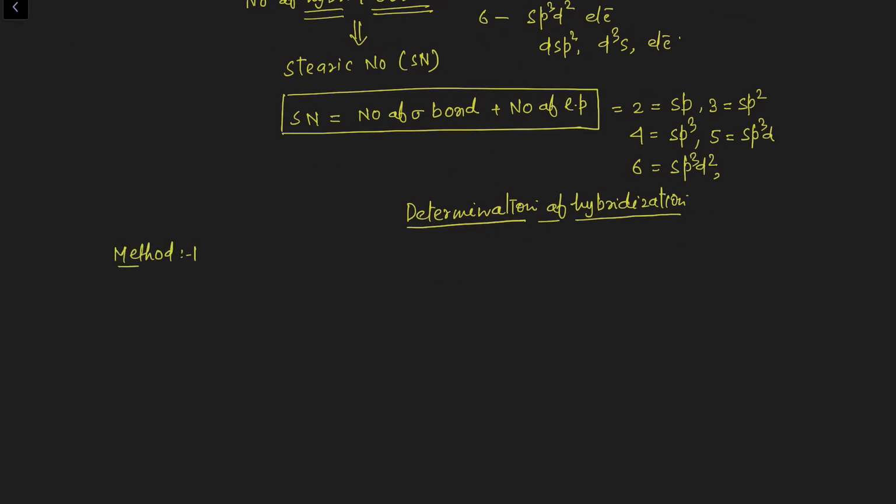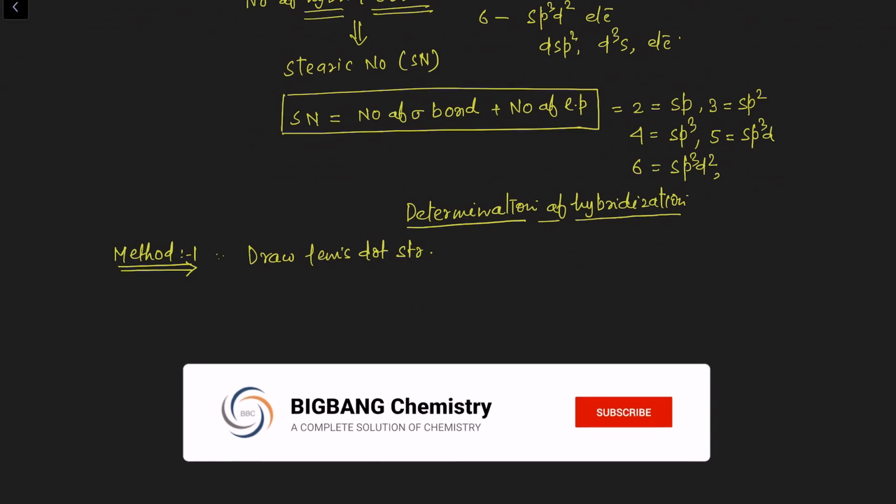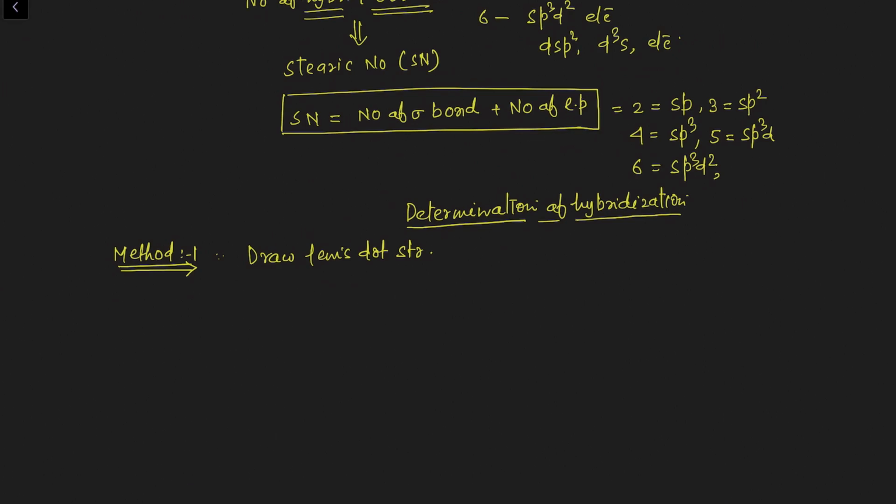Method number 1 is that if you want to get the idea about the hybridization of any molecule, first draw the Lewis dot structure of the molecule. Lewis dot structure means your structure must have the complete information about all the bond pairs and all the lone pairs present on each and every atom. Then check the central atom. Now count the following things: the sigma bonds formed by the central atom plus the lone pairs of electrons present on the central atom. The addition of these two will give you an idea about the hybridization of the molecule. Now method number 2.